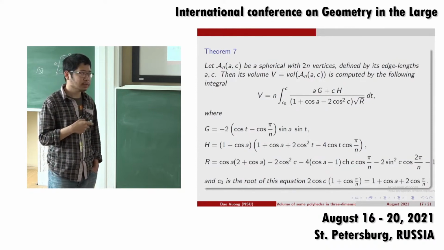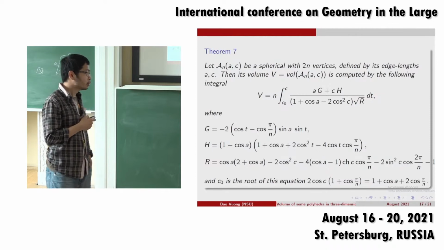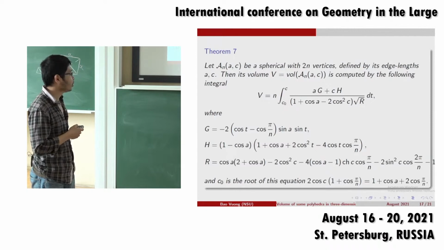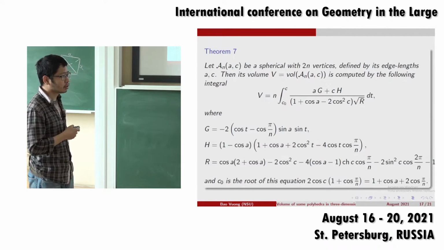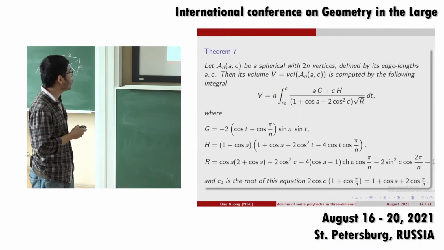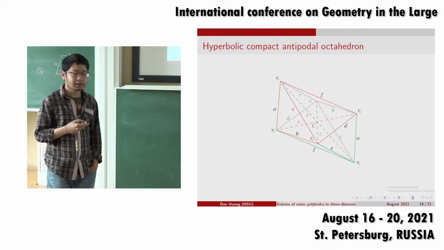You can notice that the formula for the spherical antiprism is very similar to the hyperbolic antiprism, just changing some hyperbolic cosine and sine to the ordinary sine and cosine. And now, we also studied several other